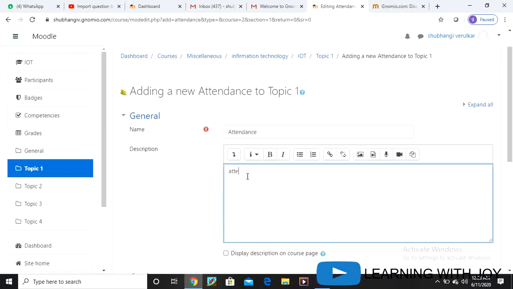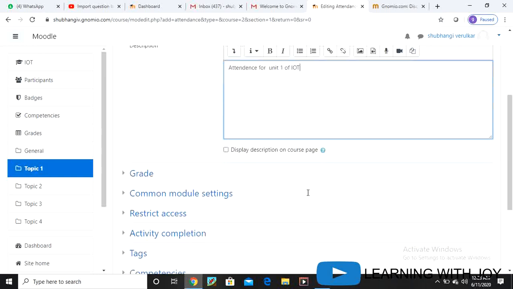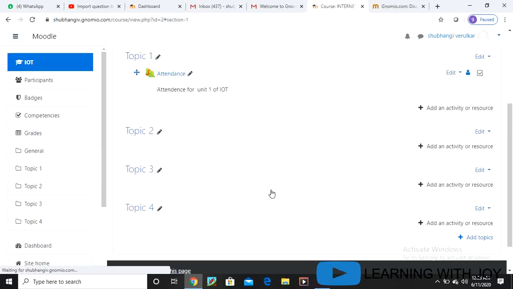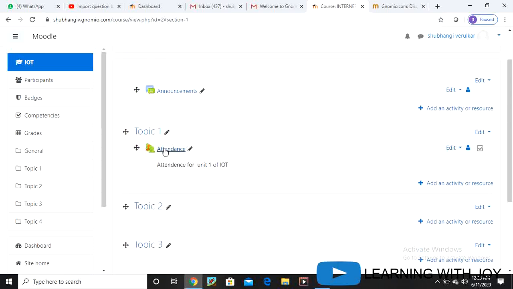Attendance for unit 1 of IoT session. Okay, so this is attendance. I want to display the message. For the remaining, we don't want to give anything in grading and all, so nothing. We just want to save and return to the course. So you can see that the attendance option came here in the course.